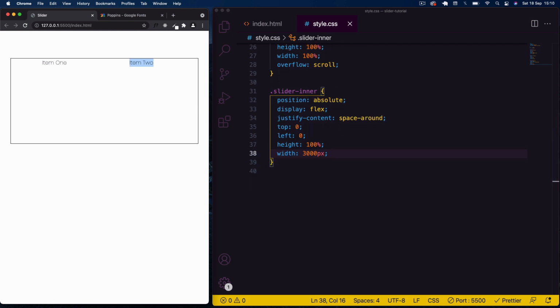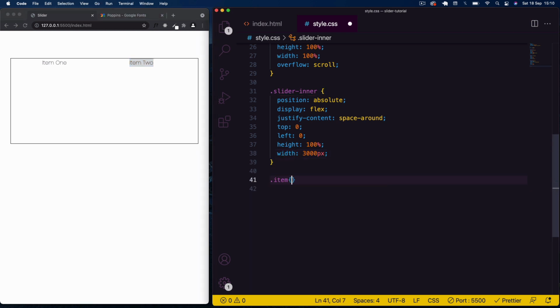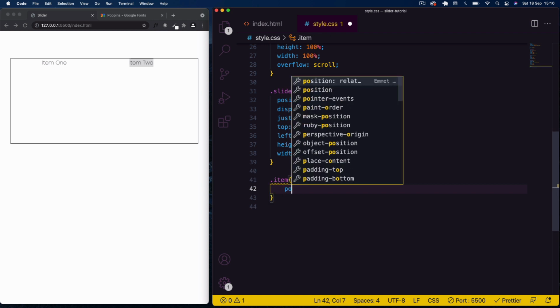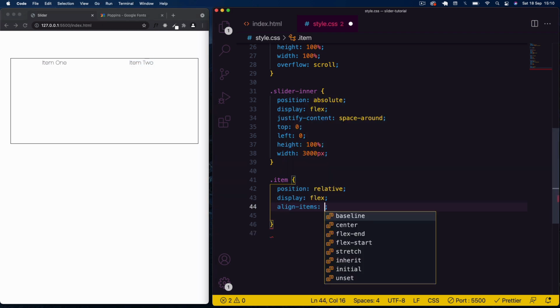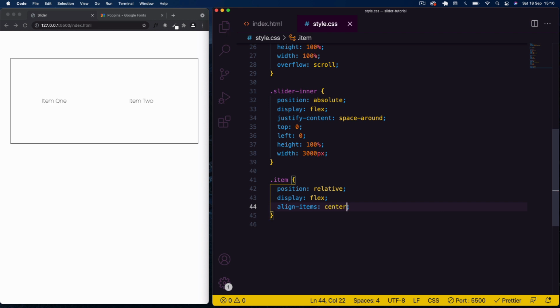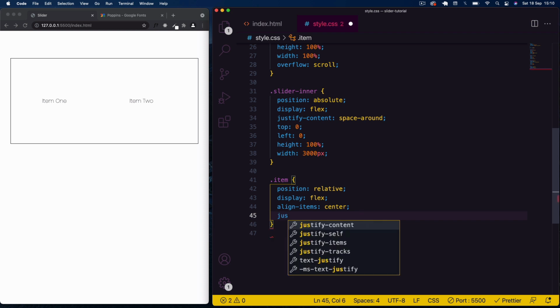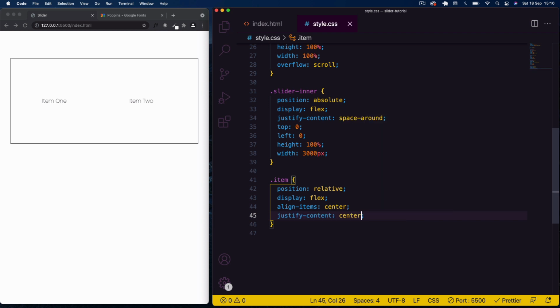Okay, so next thing we want to do here is select our items, so we'll say dot item, and here I'm going to say position relative. And then we're going to say display flex again, and the reason we're displaying flex is because we want to center the text here. So here I'm going to say align items to the center. That will center the items vertically, and then we'll say justify content center as well, and that will center our items